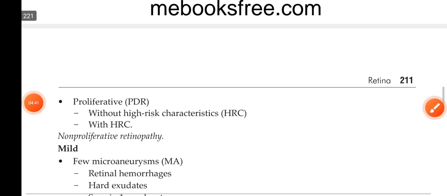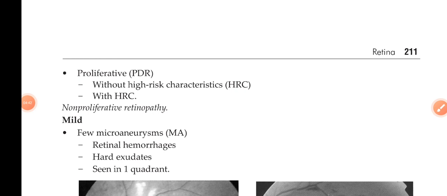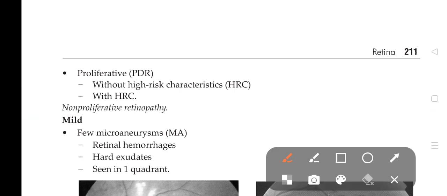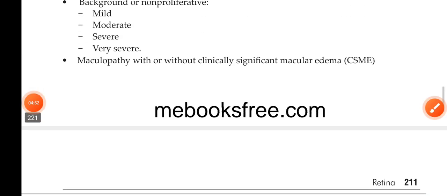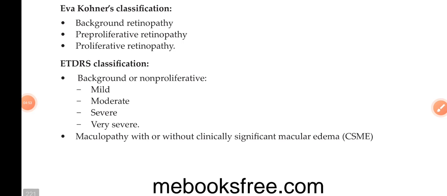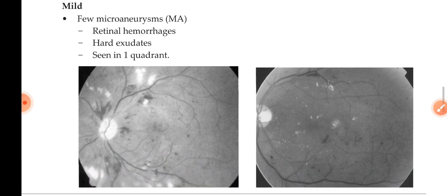Other is proliferative diabetic retinopathy. In that there is one without high risk characteristics and one with high risk characteristics. Now we will read first background or non-proliferative retinopathy. In that, mild, moderate, severe and very severe. First we will deal with